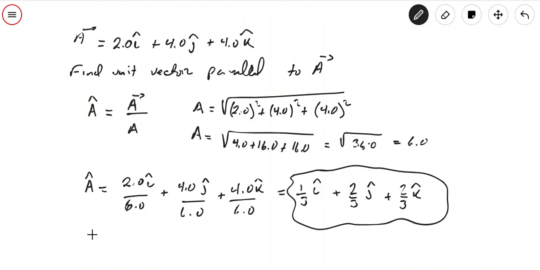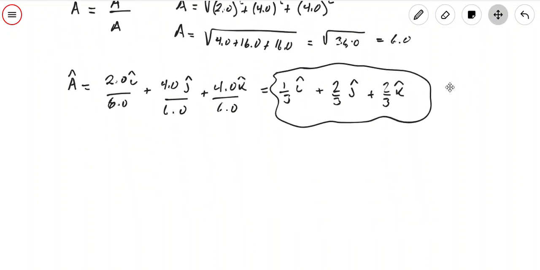Okay, now in my next exercise, I'm going to solve a problem where we have 3 vectors A, B, C, and 2 constants, and I want to find the value of the constants, right? The problem is just like this. We have a vector A, that is 2.0i plus